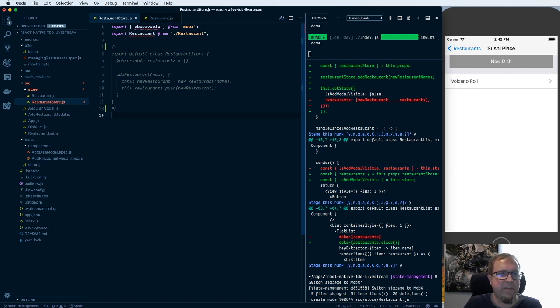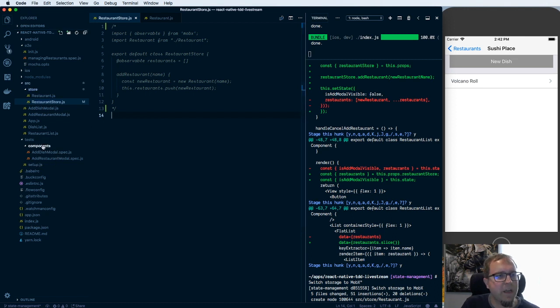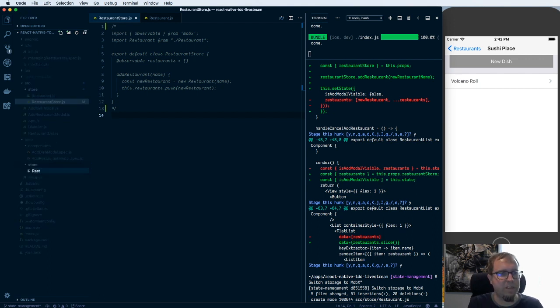And now we're going to test drive it out. In fact, let's just comment everything out. So now we've got an empty class here. Now we're going to go back into our unit tests. I'm going to make another folder for store, and I'm going to make a test for restaurant